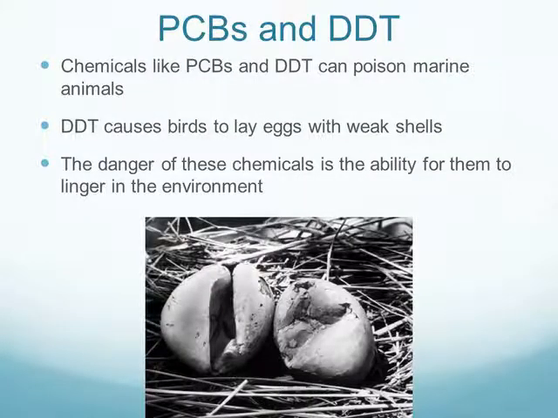Alright, the next type of pollution you can have in the ocean are PCBs and DDT. So these are chemical pollution that you can get in the ocean. PCBs is a liquid chemical that is used in